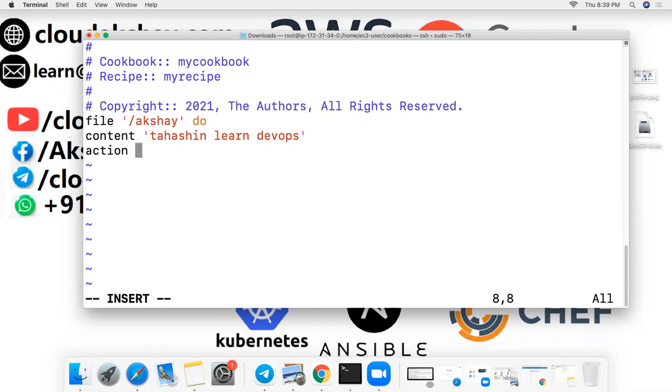So this is the code we write in the Ruby language. Ruby language is very easy. Action means what action it will take in the client: create or delete, or you can set it as per requirement. I wrote my code successfully, hit enter, save it and execute.